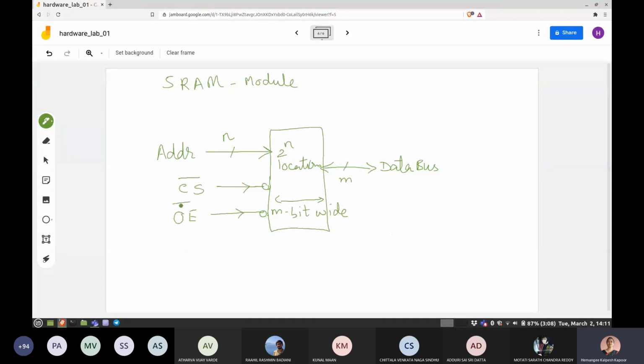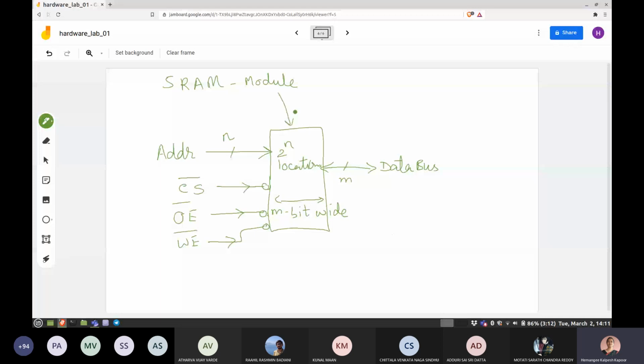When this signal is enabled, you can read the RAM. Similarly, there is a write enable signal, which is also active low. So all these signals are active low, and that's my RAM module.